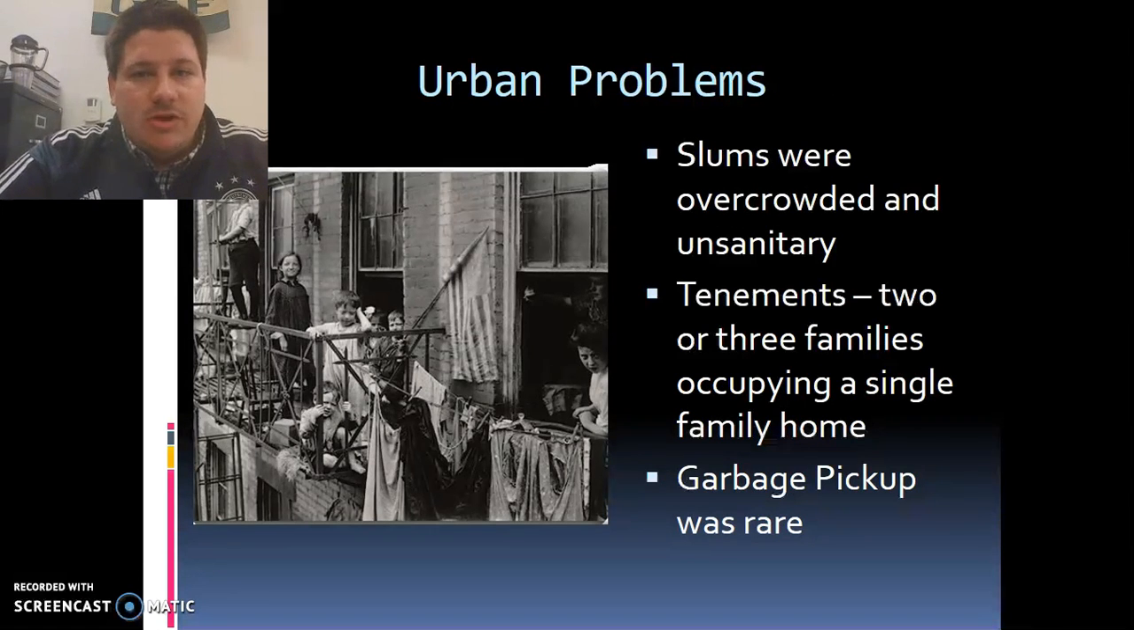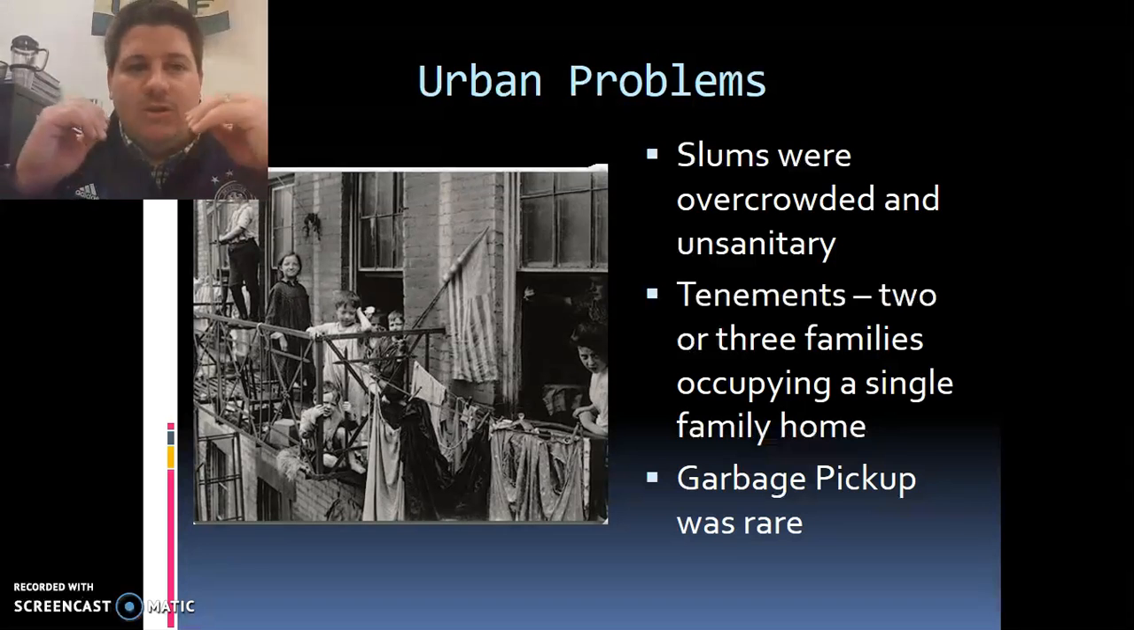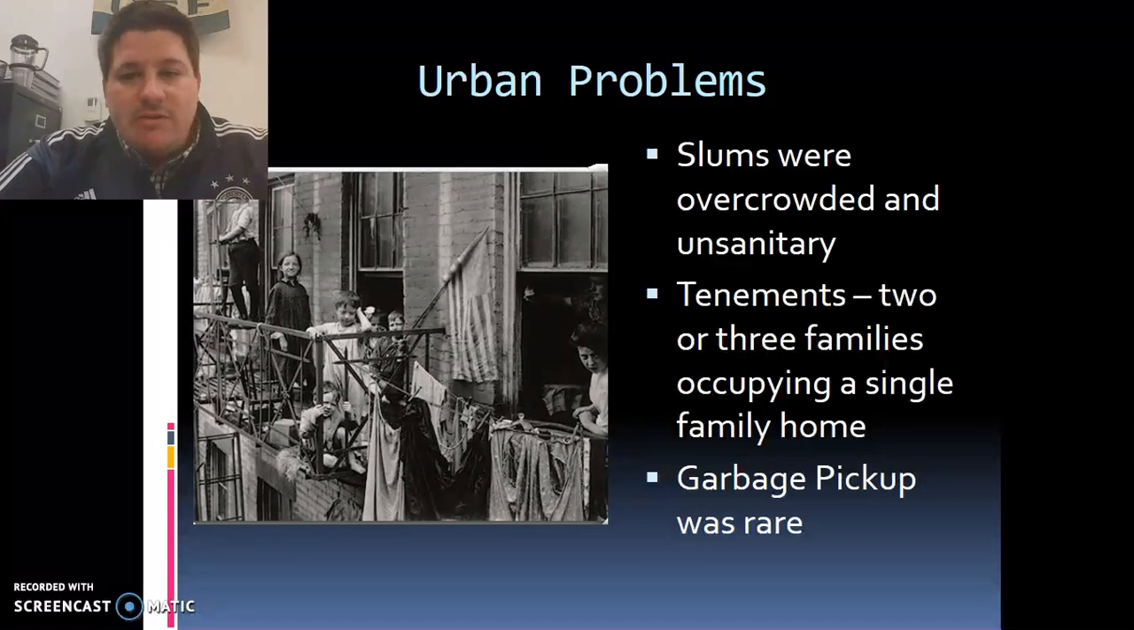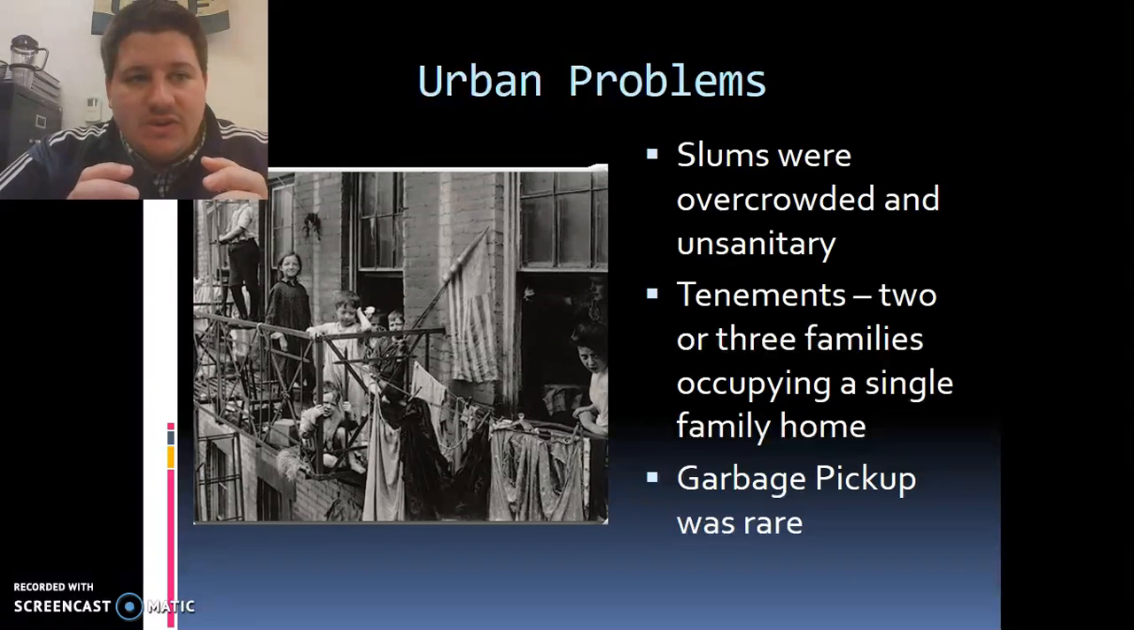The cities were extremely overcrowded. They were extremely unsanitary. Back during this time period, the cities were built up very quickly without much concern for the necessary infrastructure within the cities to handle these larger populations. As a result, to afford their rents, people would often live in these very cramped apartments called tenements. So tenements were apartment buildings in New York City that would hold 2 or 3 families for a single family